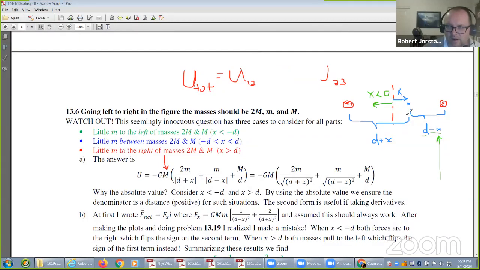So what I just told you will also work for negative values of x. Now, what about this one? If I said d plus a negative number, it would be less than d. So that one's also working. But what if it's way over here? We got to think, what if it's way over here for x? Well, now we have to be a little